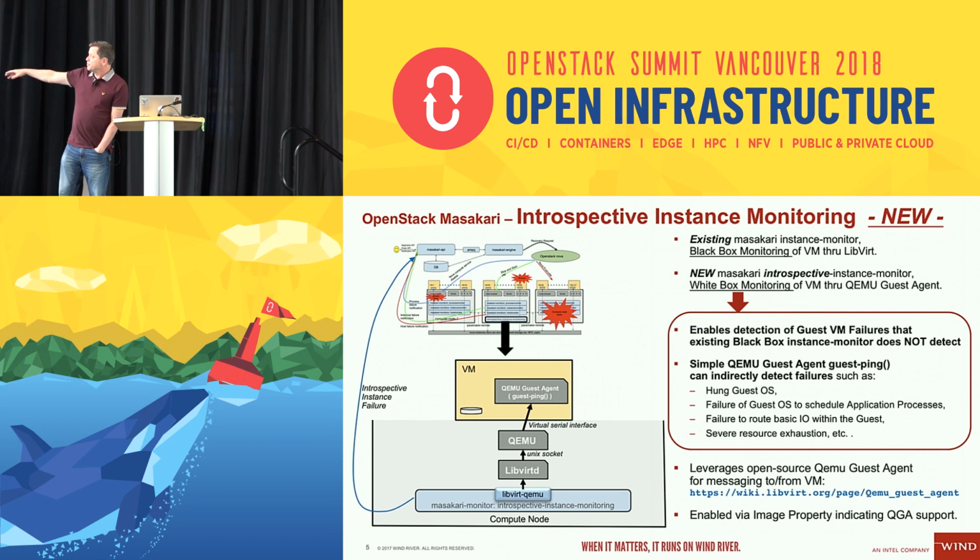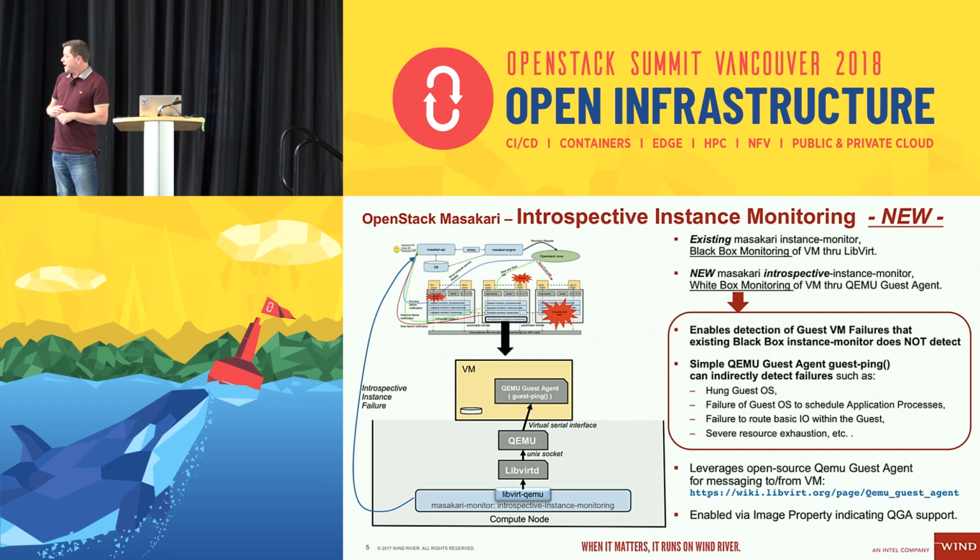So we basically leveraged that, and we extended the Masakari instance monitor so that it would detect whether VMs that were being launched on that compute actually had the QEMU guest agent socket open towards it. And then if it did, we'd regularly monitor it by sending, initially all we're doing is sending a guest ping, but that indirectly can detect a lot of faults within the VM, like if the guest OS is hung, or it's not scheduling processes correctly, or if there's severe resource exhaustion going on,